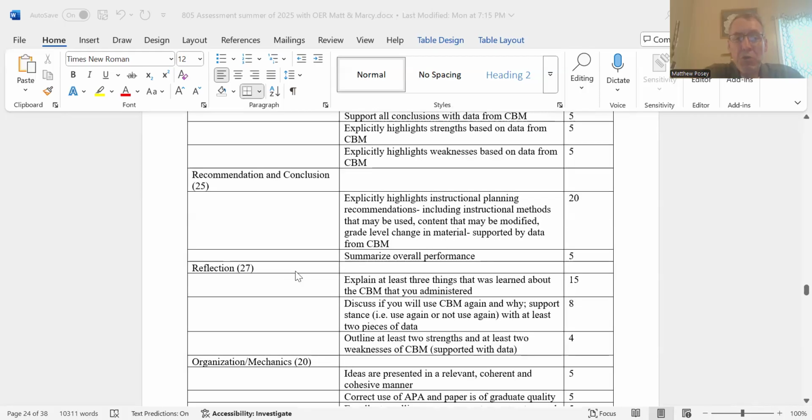The second new section compared to our previous reports would be the reflection section. So our first one again is probe and intervention. Second one is a reflection. As I mentioned last week, this is a lot of just your feedback on your experience from doing the CBMs. There's really no right or wrong answer to it because a lot of it is just based on your personal